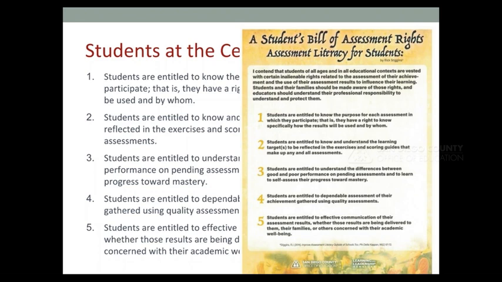And students really have, I believe, the right to know that the assessment is reliable, it's dependable, and it's truly an effective communication of their results. So if you think about a student getting a B or an 85, what does that tell them about their demonstration of learning? That doesn't tell them what they need to do to improve and what they did well. It just tells them what's right or wrong.